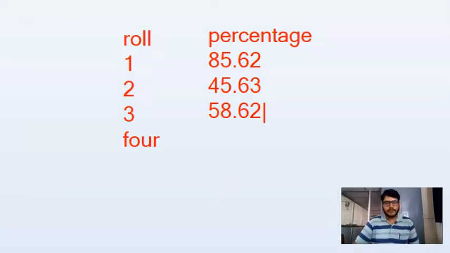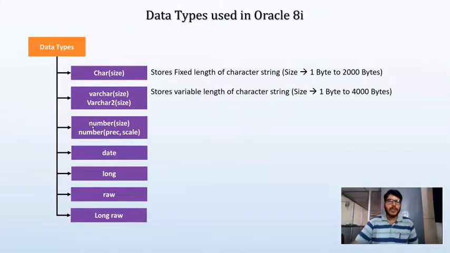then it is better to go for a number data type. So then how to define a number data type? We can use the number keyword here, as we did in character and varchar. Similarly, we should use the number keyword here. When we are going to define an integer value, say for example for roll number, which does not have a decimal part, then it is better to mention the size.